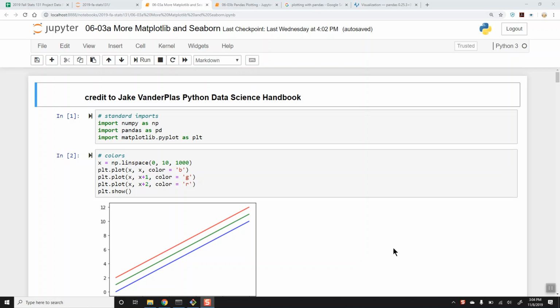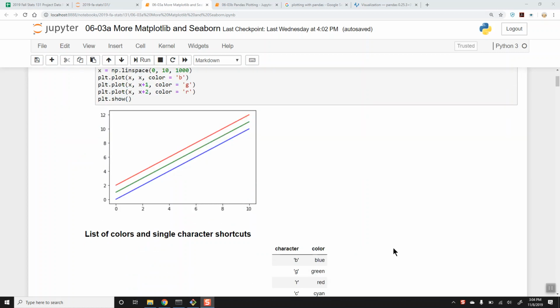Okay, we'll take a look. So we've been looking at Matplotlib,